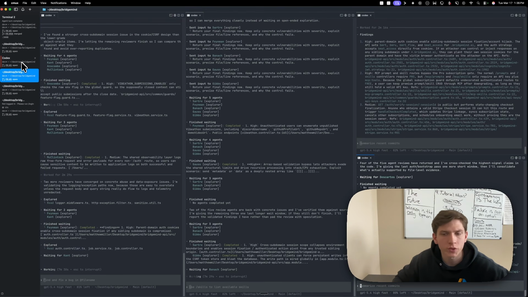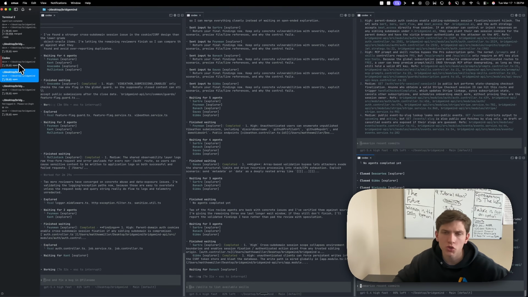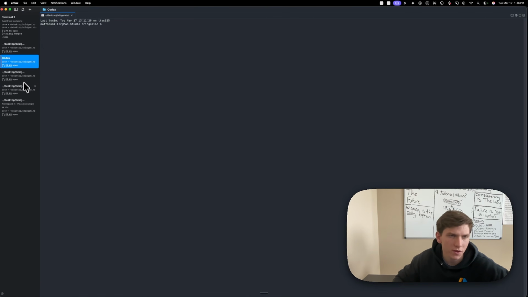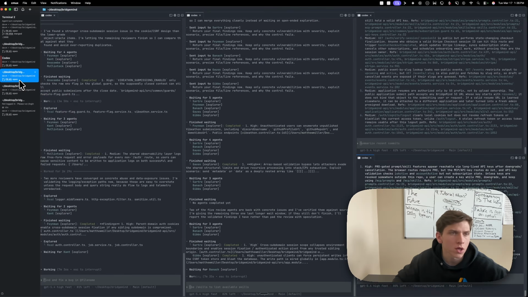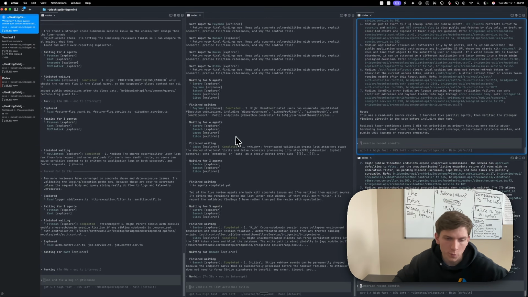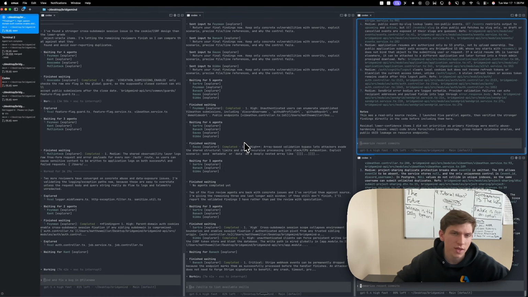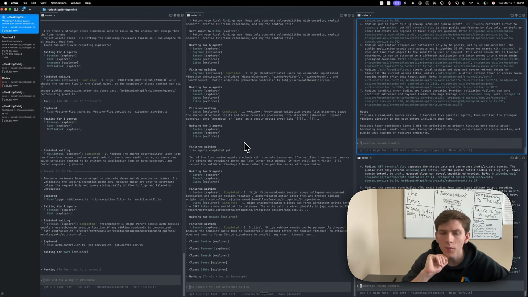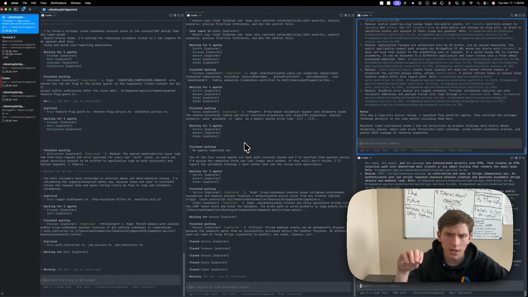Obviously, it is open source. So, I think that there's good things about being open source. I also think that there are some drawbacks to being open source. If you guys want to go try it out, I would recommend going and trying it out just so that you're familiar with it. A lot of people are using it. It has 7,500 stars on GitHub. But so far, I would just say that